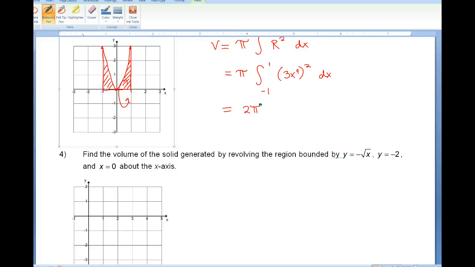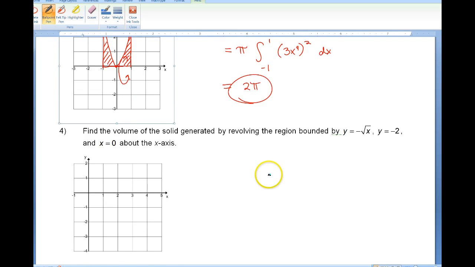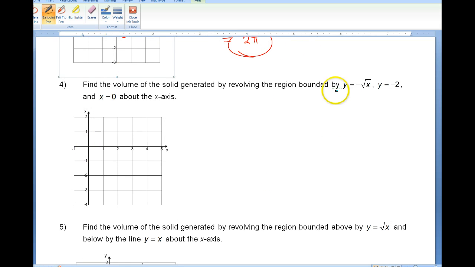Yes, it is 2 pi. 2 pi's right. Okay, next one. Here we have y equals negative square root of x, and y equals negative 2, and x equals 0. So basically, guys, on the quiz tomorrow, I will provide you with the graphs, and I'll